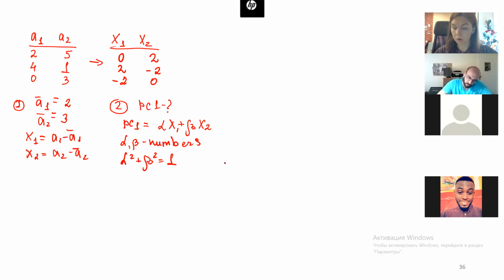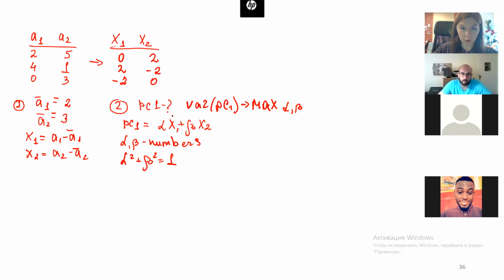The variance of this PC1 should be maximum. And we optimize it for our coefficients alpha and beta, because x1 and x2 are constant. So we may vary only our coefficients. Okay,